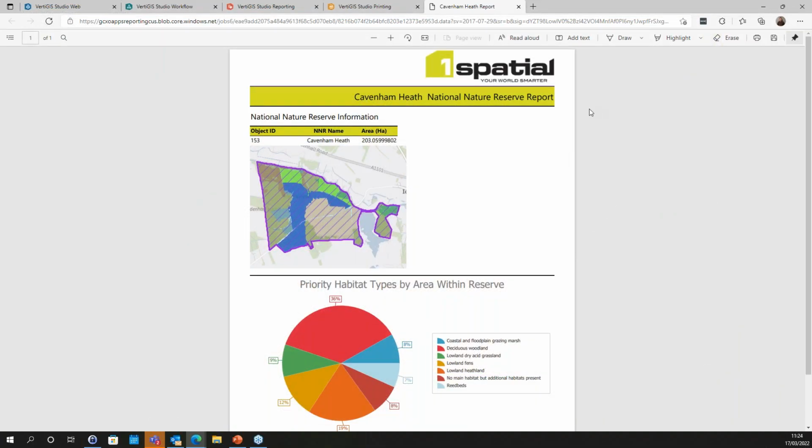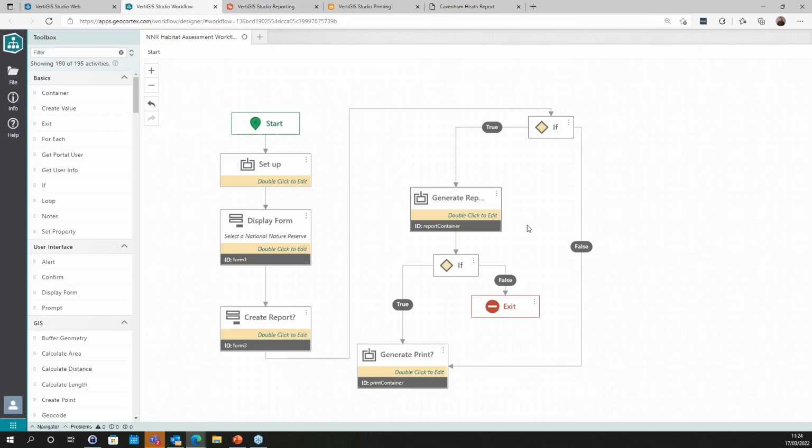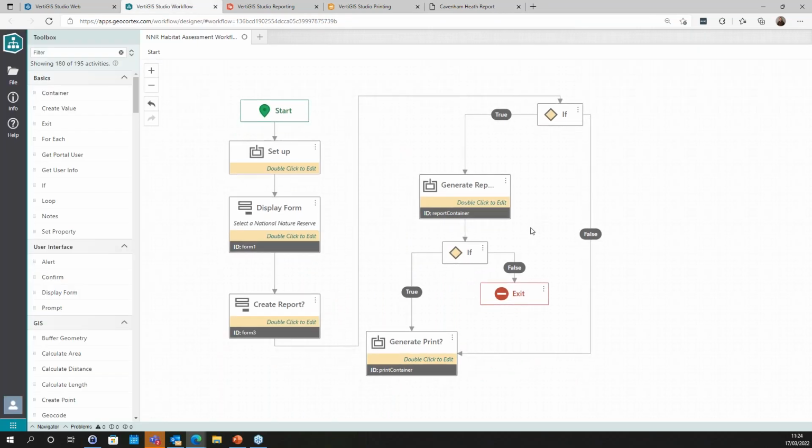So now if I go to VertiGIS Studio printing, or I'll tell you what, let's go to our workflow and have a look at what we've just been through there in the rest of the workflow. So actually in that example where my internet connection wasn't good enough, I had to restart the workflow, and you can see that when we got to this if question again, I clicked no, I didn't want the report, and so the workflow took me around this side here, took me to the generate print, and I've generated